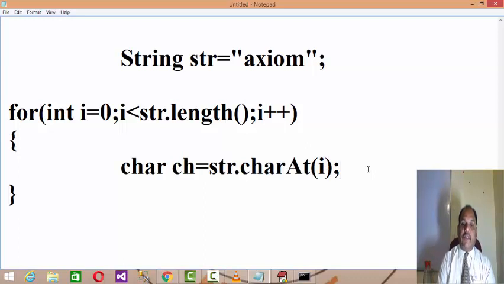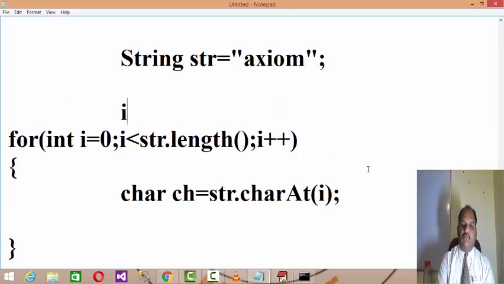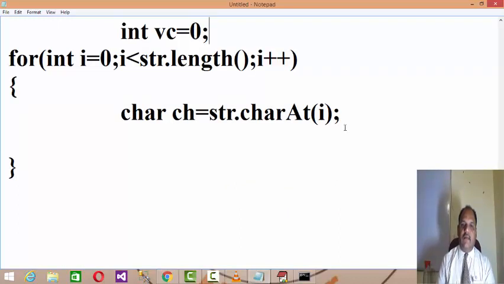Then I have to check whether that character matches A, E, I, O, U or not. For that reason, I have to take one vowel counter and initialize it to 0.